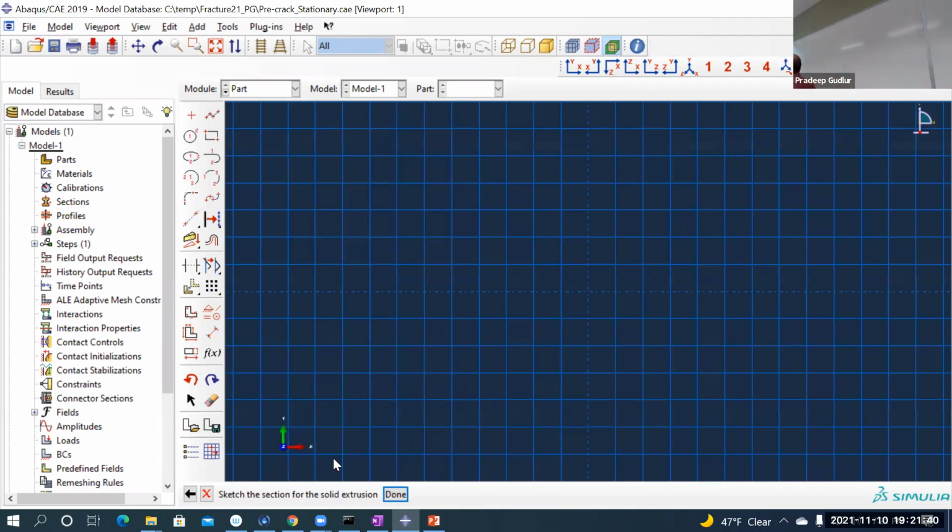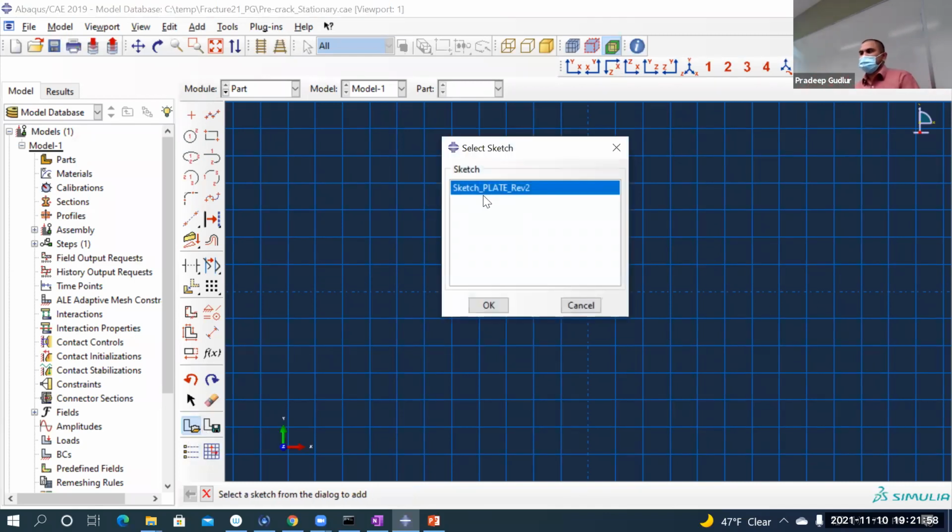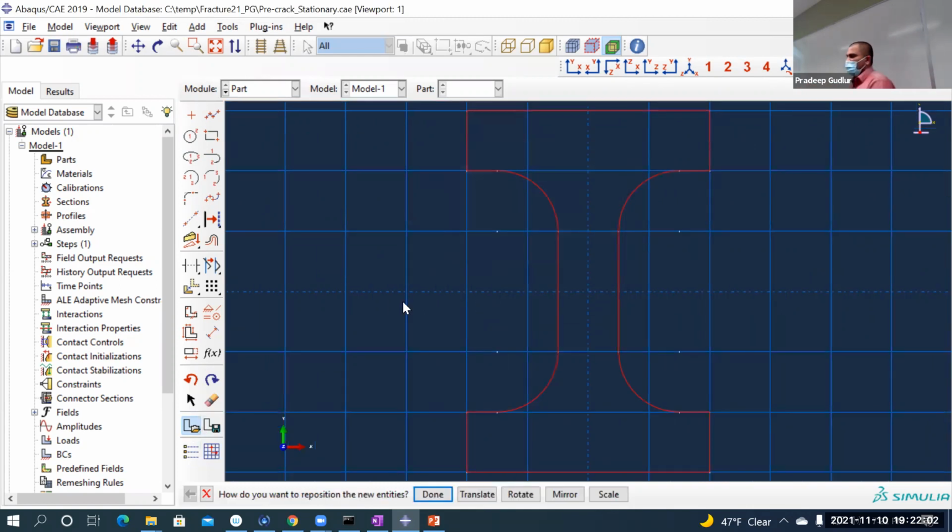So it will be taken into the sketch mode. So add sketch. We have done that before. We already have the sketch. We don't have to create the dog bone again. So add sketch. Already the sketch is there, so just say OK. And I don't want to do anything to this. I don't want to scale. I don't want to rotate or translate. Just say done. As it is, I'm copying it into this part